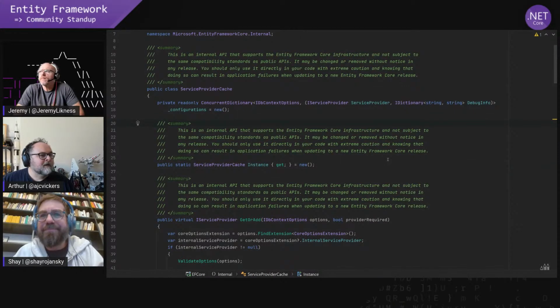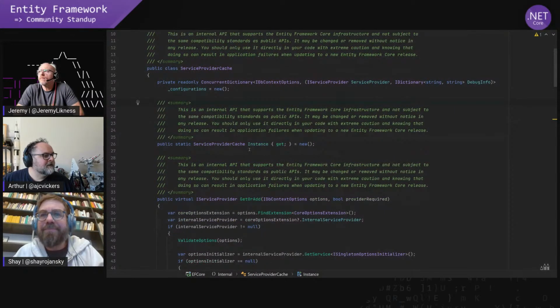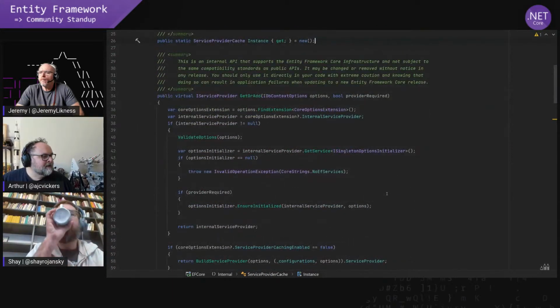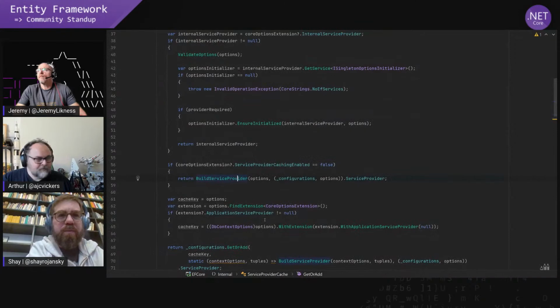And it indeed has a static instance of service provider cache. This is a traditional singleton, right? This is old school global singleton, which, as I said before, you maybe don't want. You maybe want more control over that, which is why we allow you to do internal service provider. But if you're not doing internal service provider, then the service provider cache is what handles these things, and it has